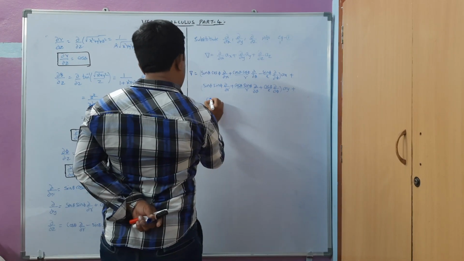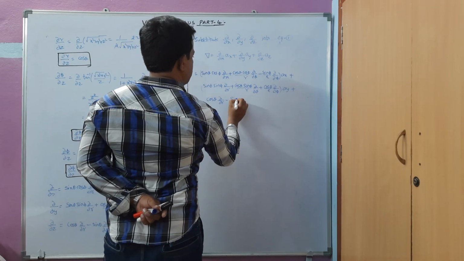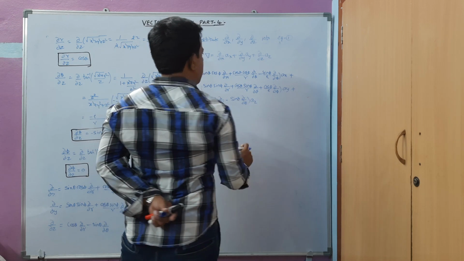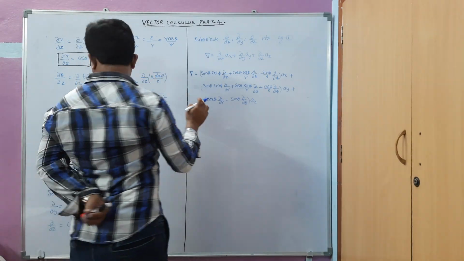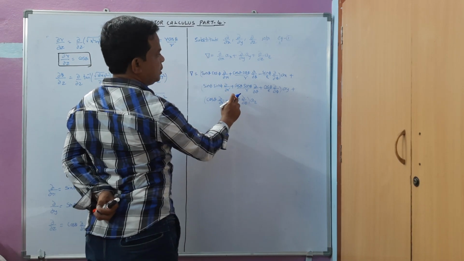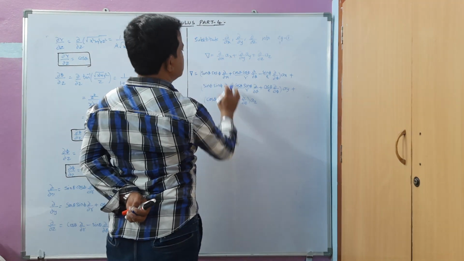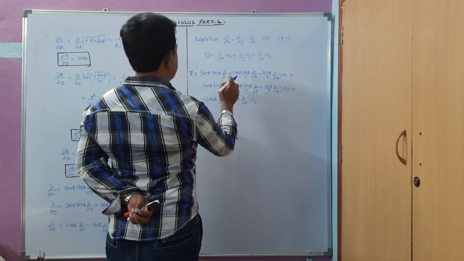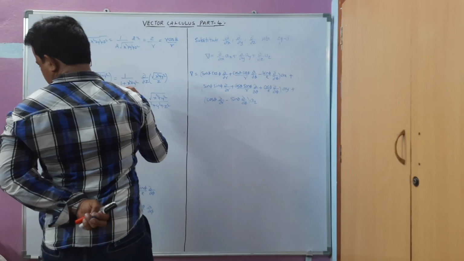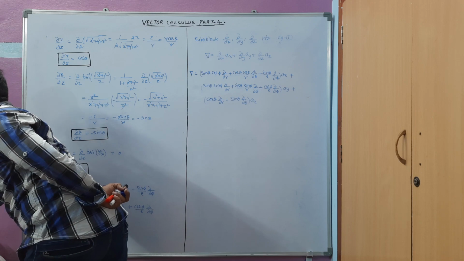Dou by dou z, I got here as cos theta dou by dou r minus sin theta dou by dou theta of Az. Now I have to collect all the terms of Ax, Ay, Az here. In order to do that, the Ax term is this one. It is not dou by dou x, it is dou by dou r. So I have to collect the terms of dou by dou r, dou by dou z, and first I have to collect the terms of dou by dou r.